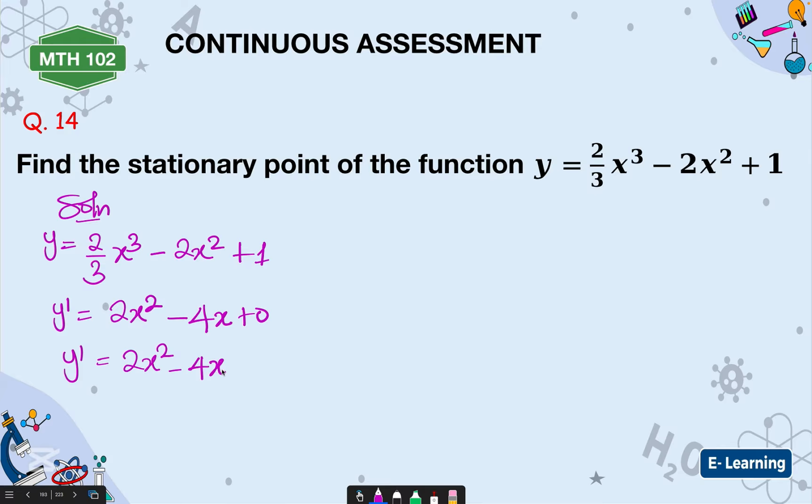Exactly. Now at this point in time, we said stationary point is the point at which our y prime is equals to 0. So it means 2x squared minus 4x should be equals to 0. Now, what is common between these two things here? Of course,